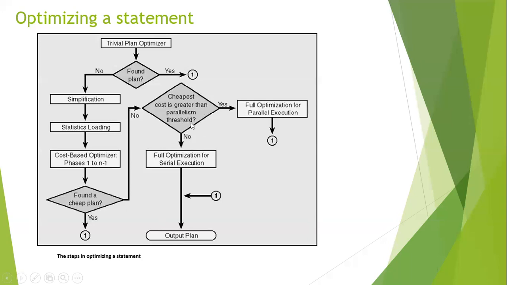Cheapest cost is greater than the parallelism threshold. So it checks if a cheap plan is found. Yes, it found one, then the query will be executed. What if the cheap plan cost is greater than the parallelism threshold, right? I don't know how many of you have heard of the cost threshold for parallelism parameter, right? The cost threshold for parallelism decides whether my query goes for parallelism or not. That is what it tells. If the cost of this query is greater than that, then it will go for parallel execution. If not, it is a serial execution, right? So we will talk more about parallelism and the cost threshold for parallelism in detail. For now, understand this is